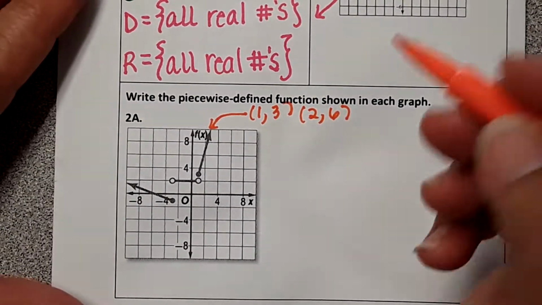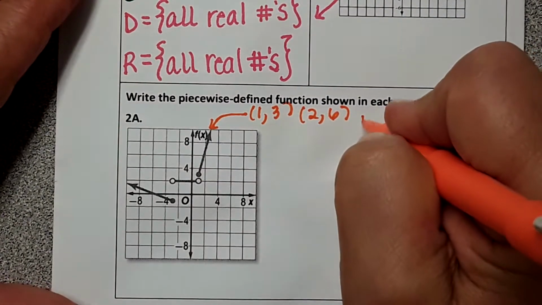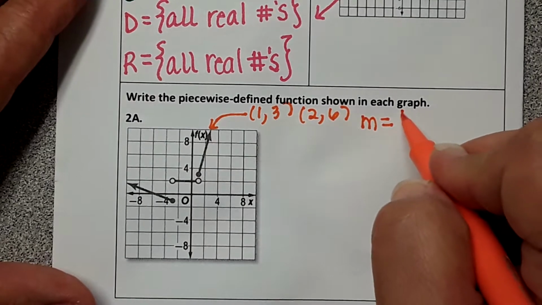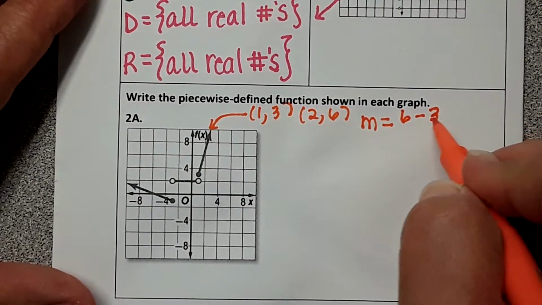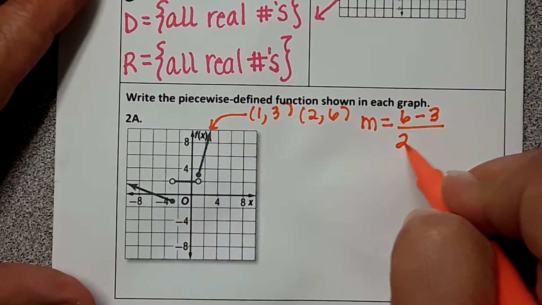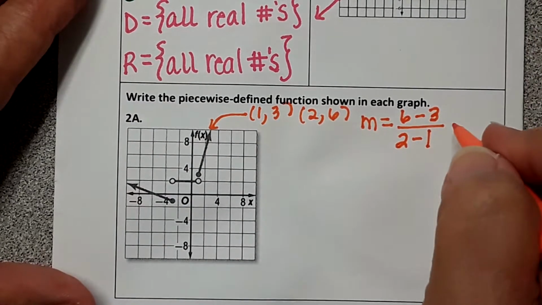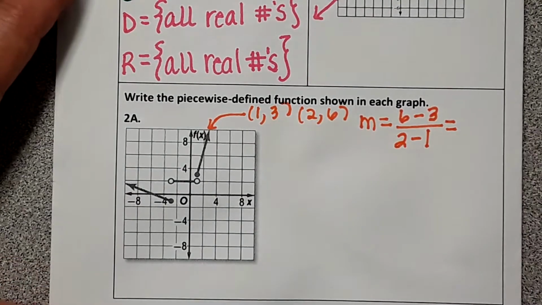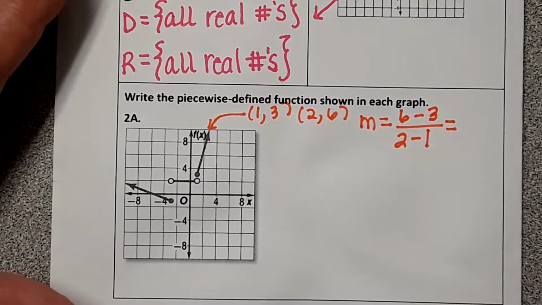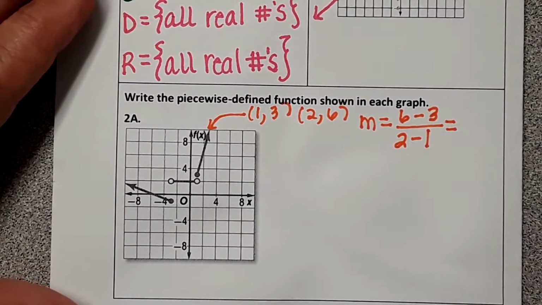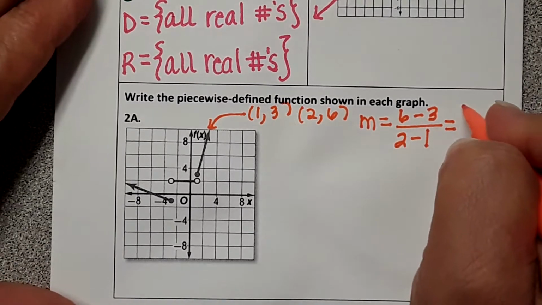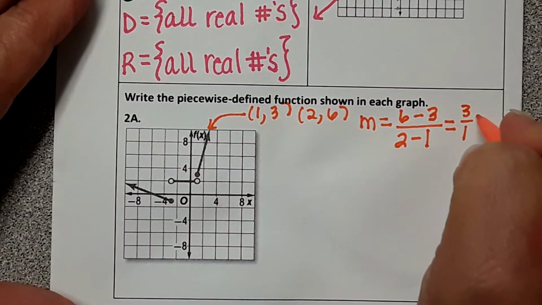So we're going to do m equals (6 minus 3) over (2 minus 1). What is 6 minus 3? 2 minus 1. So our slope is